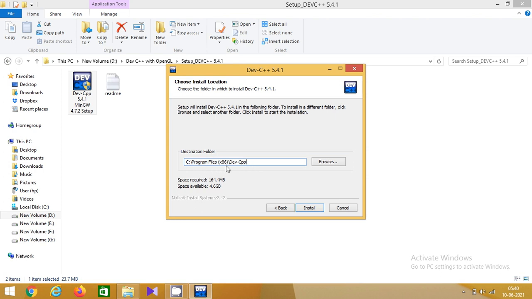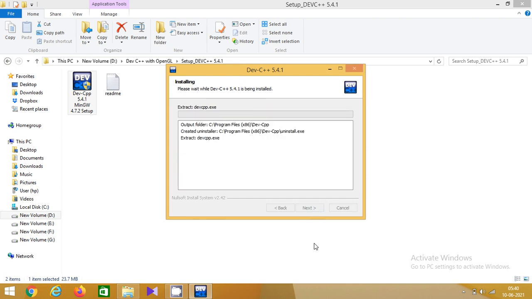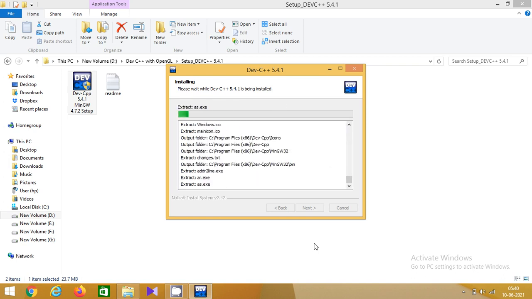In 64-bit operating systems you can find folders named Program Files of two types: one is Program Files (x86) and one is just Program Files. So this Dev C++ will be installed under Program Files x86. Now click on the Install button to begin installation. Within no time the installation will begin and finish.